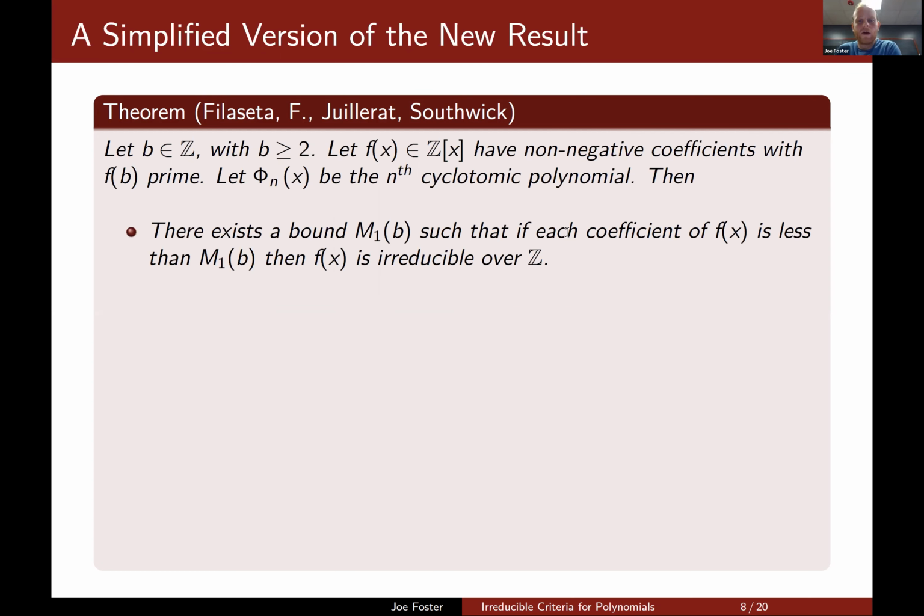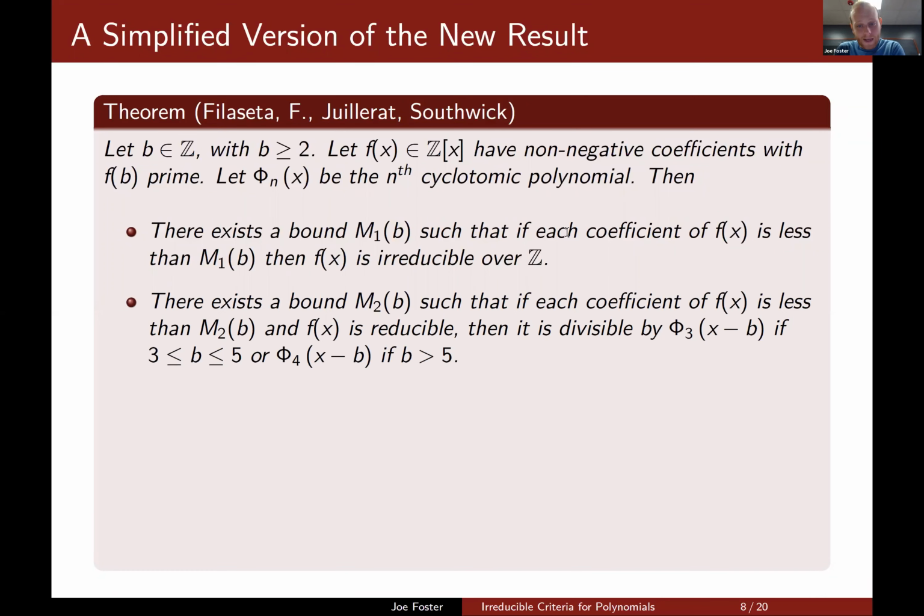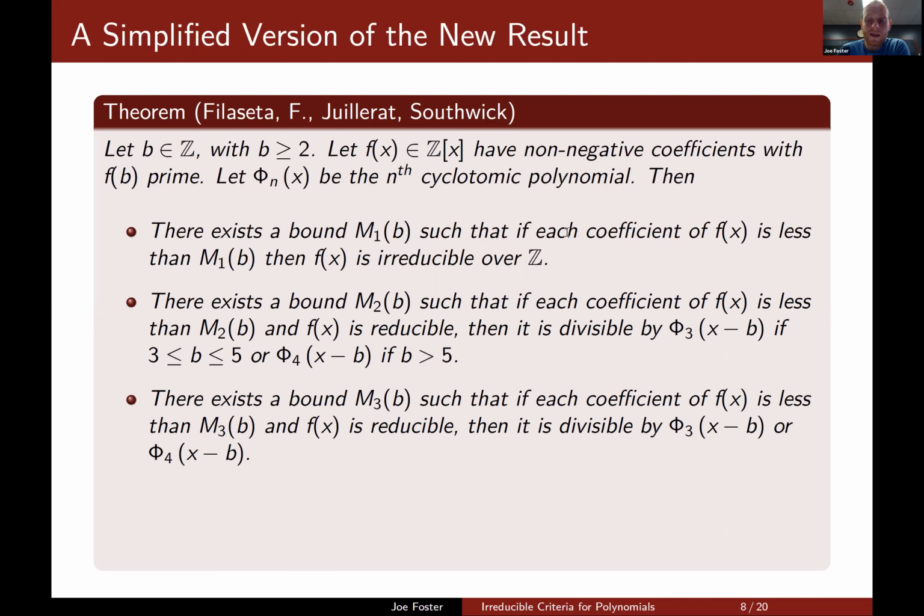So there exists a bound m1 such that if all of the coefficients are less than this, then f is irreducible. There's a second bound so that if f of x has coefficients less than this bound and it reduces, then it has to have either a shifted phi3 or a shifted phi4 as a factor. There's a third bound,